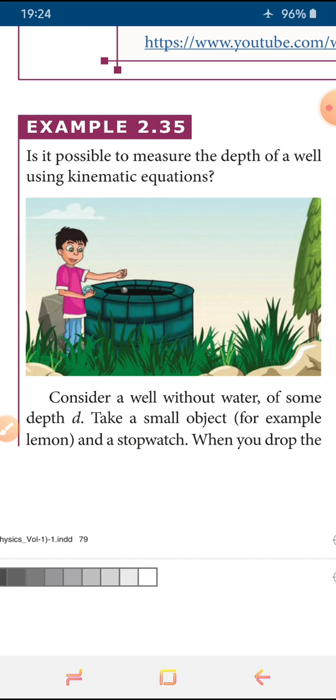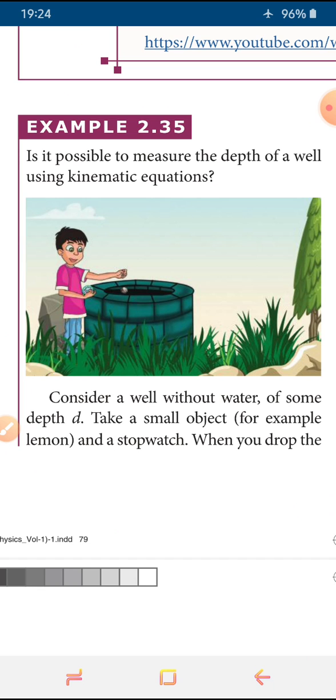So when we hear the sound, we can switch off the stop clock. It will show the time, so how much time it took to reach the bottom. Using that we are going to derive the depth of this well, knowing the known formulas which we derived